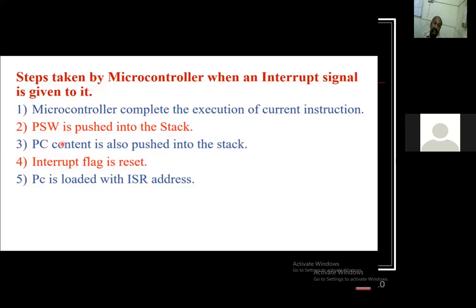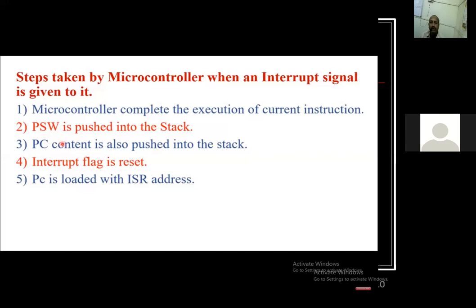This interrupt flag is reset so that the next interrupt signal can be received. And then the PC is loaded with the ISR address. So these are the few steps: the program counter is loaded with the ISR address.